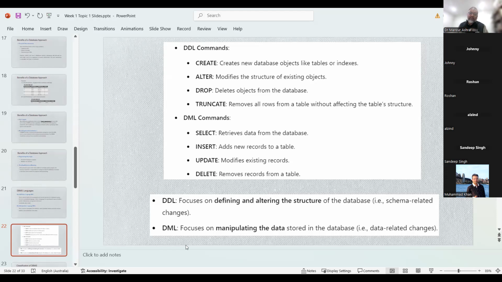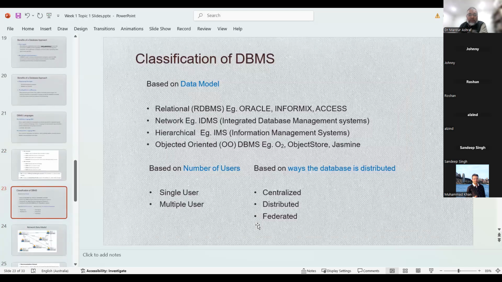That is part of the DDL, and DML is just the querying. If you have the structure and the data inserted into the physically implemented database, then we can make queries to get the results, to know the results of different types. Okay, now